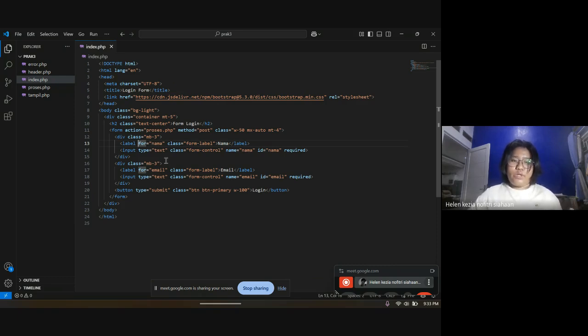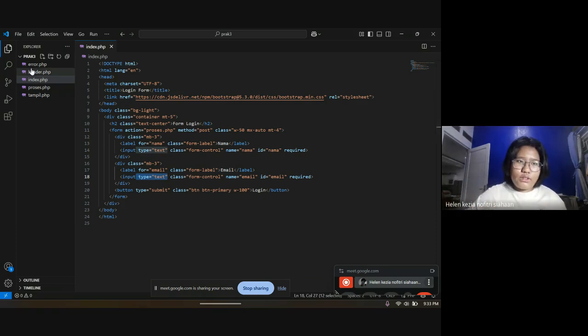For the email input, I'm using type text because I want to see the error page. If you use type email in here, it will always say that you need to put the at in the email column, so you can't see the error page. That's why I'm using type text in here.